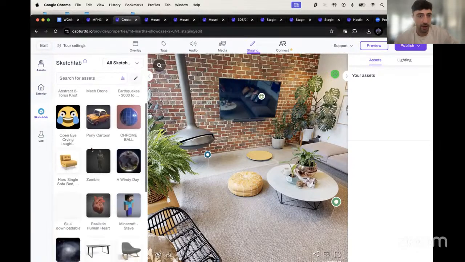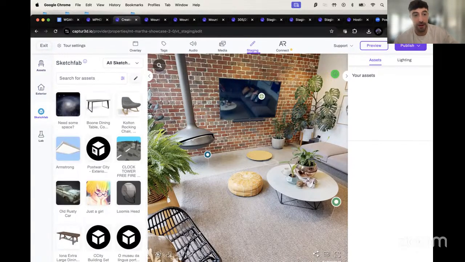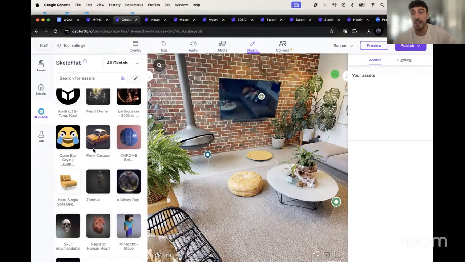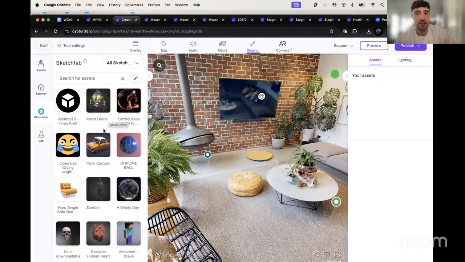I'll click on that icon. You can see as I'm scrolling down, you can pretty much find anything that you're looking for that transcends residential and commercial real estate. It's really great for museums, galleries, tourism, all that stuff as well. But just to note that these assets haven't been optimized by us. So some are fantastic, incredible assets, but some are very, very heavy as well. But you can find some awesome assets in here that are animated and add movement into the tour, which can be really useful.